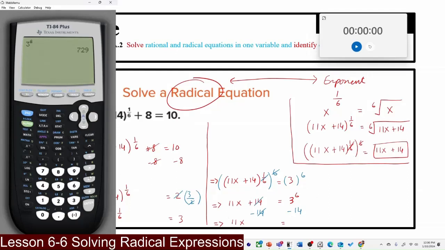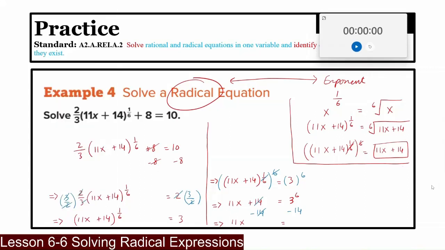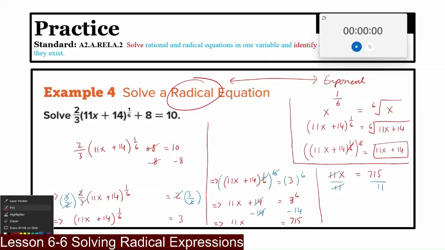And then 729 minus 14, 715. Okay, so 715. That's what I have, 715. I have one last step to take. I need to divide both sides by 11. So let's see. 11x equals 715. So I'm going to divide both sides by 11. And so my final answer then is x equals 715